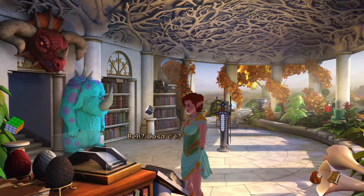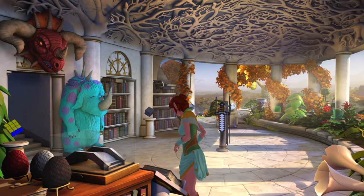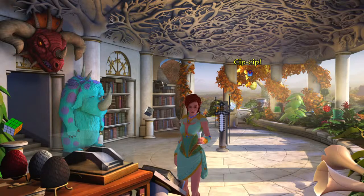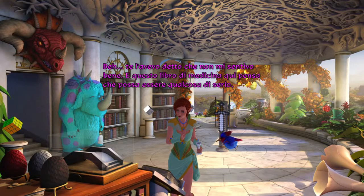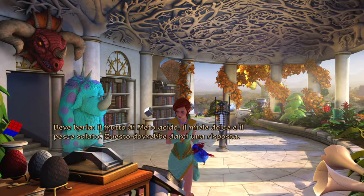Hi. Well, what's up? The potion's ready, but you don't seriously expect me to drink it, do you? You must. Yes, I know, but... This, medicine. Well, I did tell you that I wasn't feeling well, and the medicine book here thinks it could be something serious. She has to drink it, the sour metis fruit, sweet honey and salty fish. That should give us an...